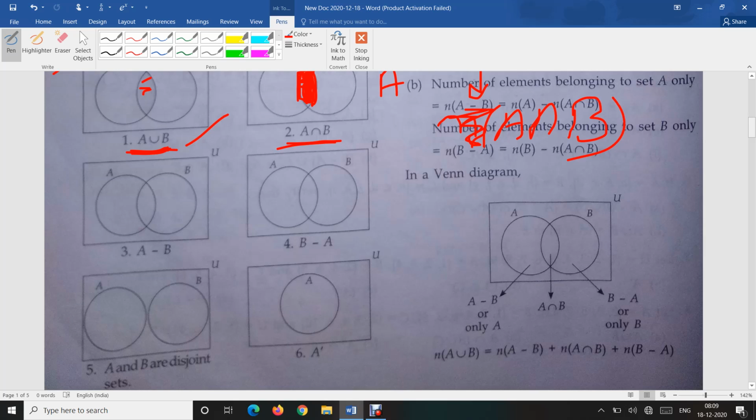Now A minus B. What do you understand by A minus B? For A minus B, we have to subtract set B from set A. First of all, we have to remove the common elements from the resulting set, and we have to subtract the remaining elements of set B from the remaining elements of set A. So if we are talking about A minus B, then only this portion